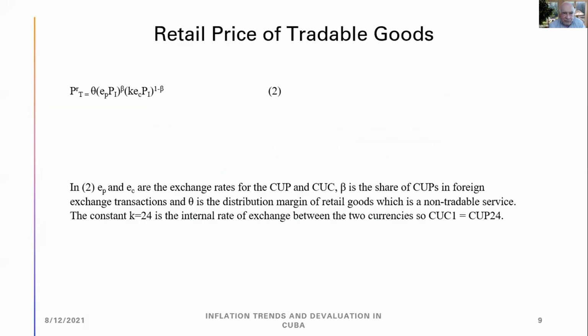Now, in order to understand consumer inflation, we want to get to retail prices of tradable goods. And I use an extension of equation number one. The retail price of tradable goods is equal to the exchange rates of the two currencies that we had up to 2020, the CUP or peso and the CUC or convertible peso. And this K is essentially the internal exchange rate between the two currencies. Beta is the share of CUPs or pesos